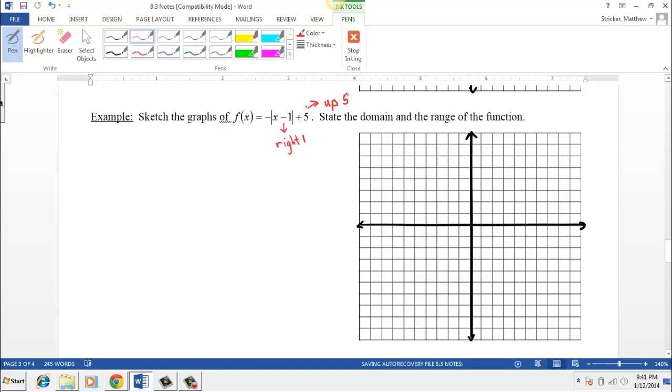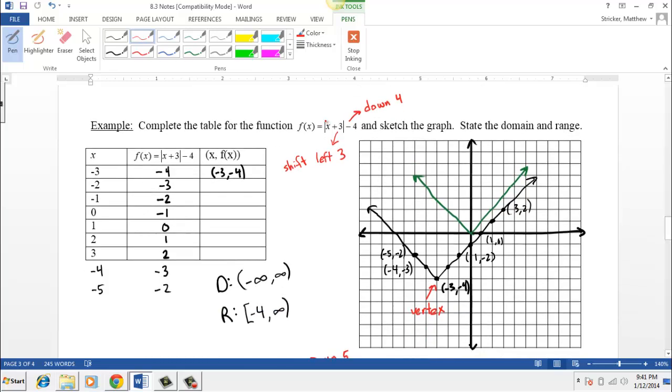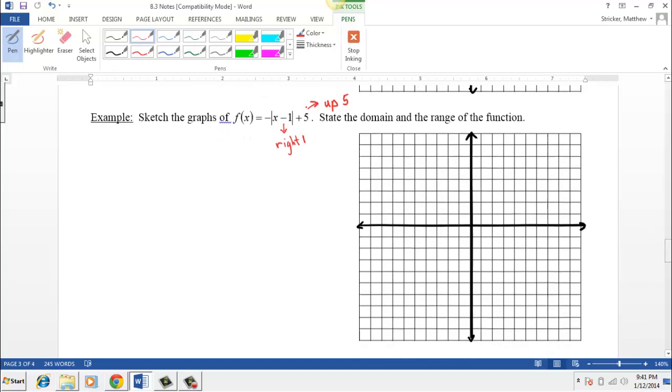Now the other thing that's different from that last example is that there the absolute value was just a positive absolute value, and here in the third example, there is a negative in front. Well, what that does is it makes the graph open down. It flips it upside down. Whenever you see the negative out front there, it's going to flip the graph upside down. So